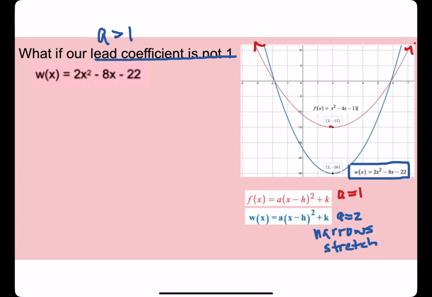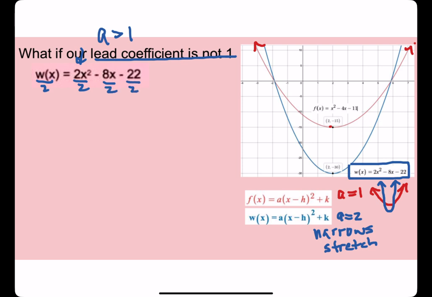So my red parabola was of a certain width, but my blue parabola kind of fit inside it and stretched and became narrower. So keep that in mind when we write our standard form to vertex form and our lead coefficient is greater than 1. So again, we need to remove that lead coefficient, temporarily dividing everything by 2,